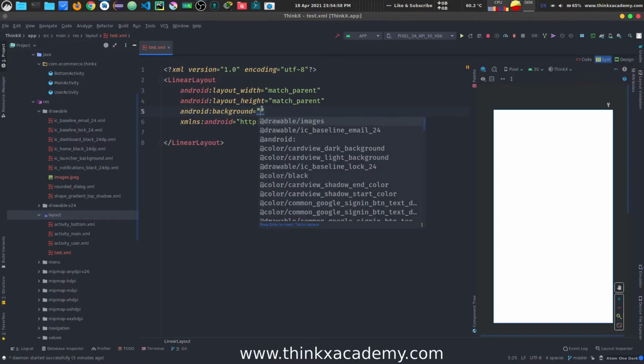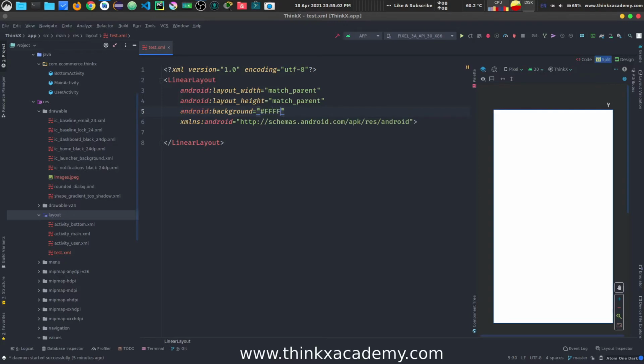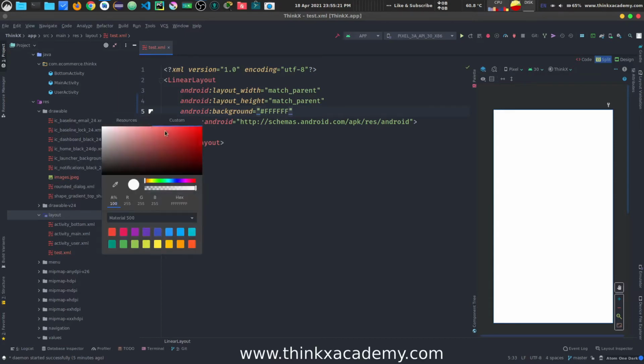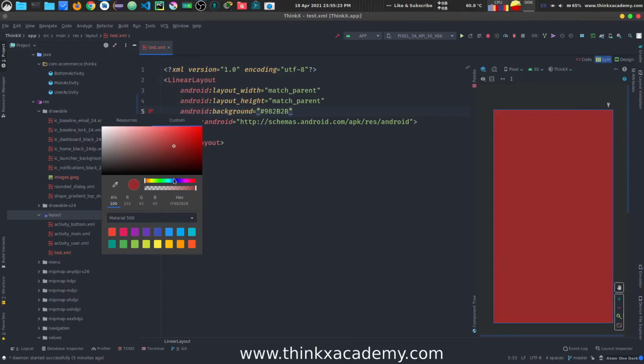Now I want to specify the color. The way to do it is we can provide the hexadecimal code, right? So 6 times F will give us white. Now this is an important trick when you're working with colors. You do not need to remember all the hexadecimal codes. Just type hashtag and 6 times F, and you will see a small icon here, right? Just click this icon and now you can choose any color you want, right? You can do that very easily.